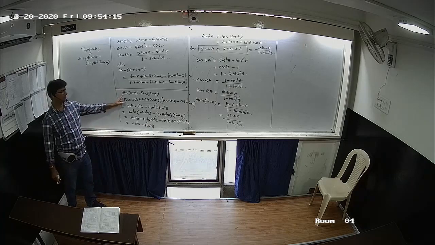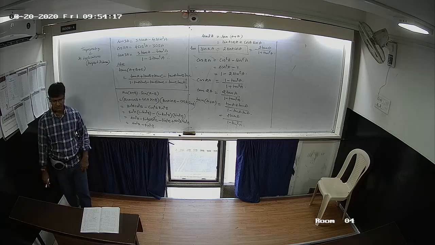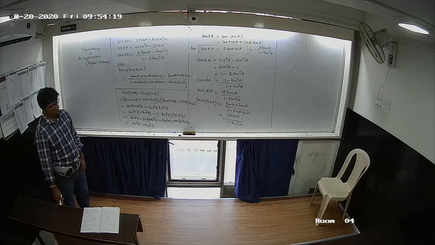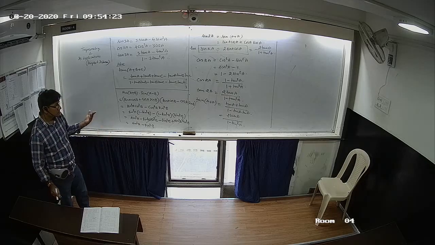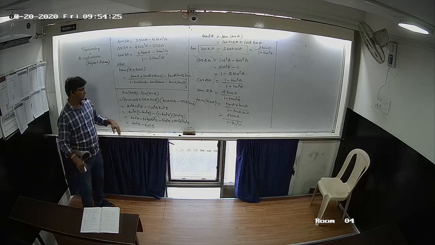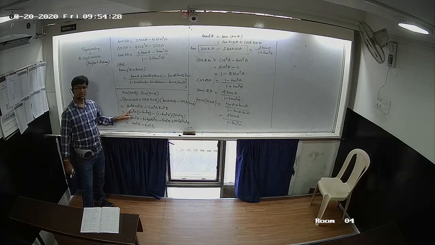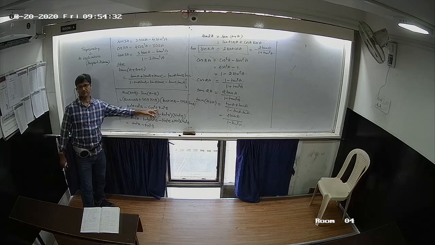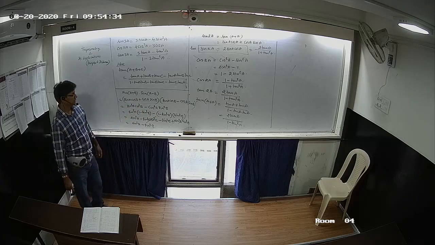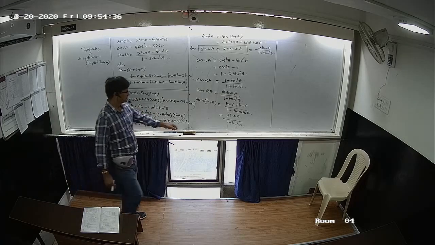Thus we get sin(A plus B) into sin(A minus B) is equal to sin square A minus sin square B. What if you convert sin square A in terms of cos, and here also sin square B in terms of cos? You get the value in terms of cos. So to get it in cos,